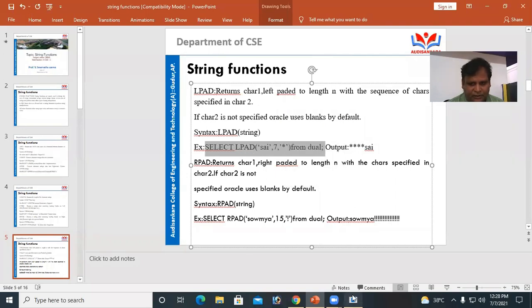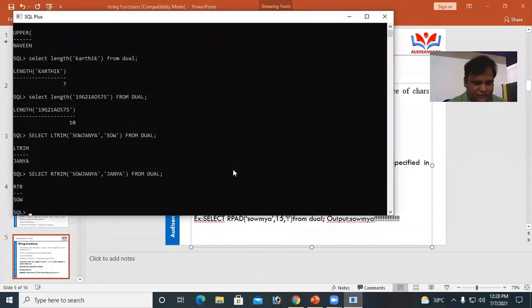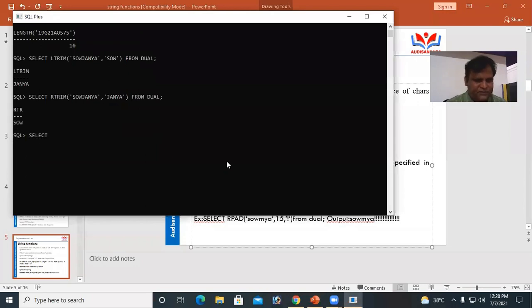Select the LPAD of the string. LPAD means left side padding. We are adding left side information. Sweta is the string. Total string length is 10.